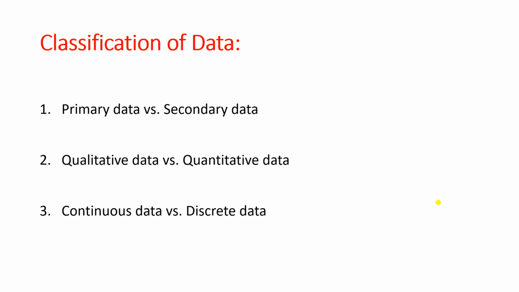Say I want to know how many first year MBBS students in our state are hypertensive, right? For that, what do I have to do? Obviously, I have to measure their blood pressure. Now, the first thing that I can do is contact individual first year MBBS students of our state, that means from different colleges, and measure their blood pressure, and from that I can tell how many of them are hypertensive. That is my primary data.